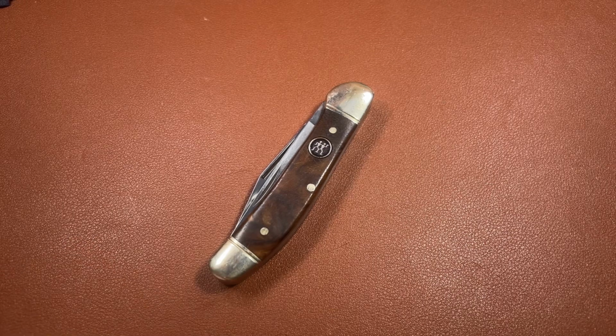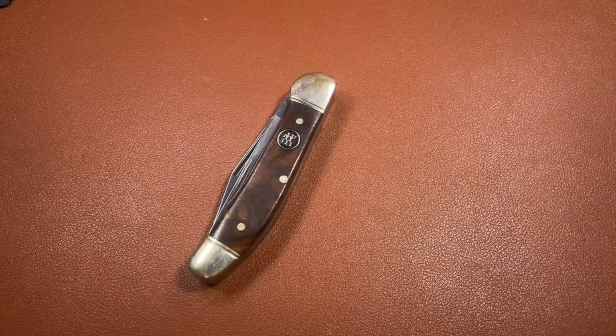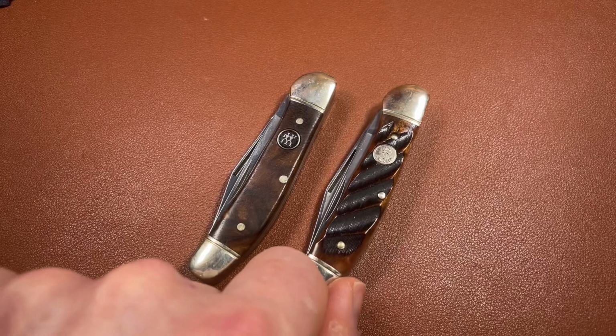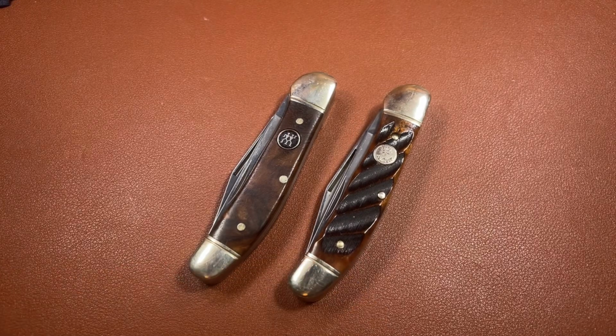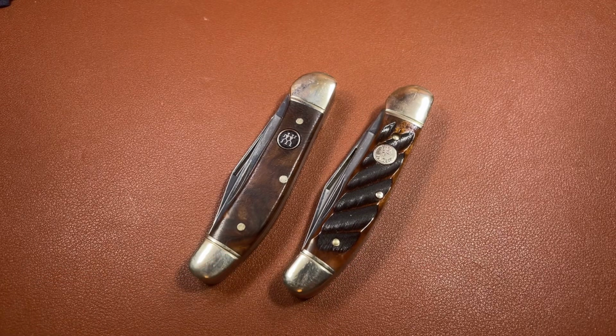Why, in this day and age, these sort of things are kept secret, God only knows, because, as you're about to find out, they can call it a secret if they want, but the truth is this was made by Böker. And how do I know that? Well, this is a copperhead, by the way. So two blades, you've got a clip blade and a sort of drop point skinner blade, hollow ground knife. This here is a Böker copperhead, and it is exactly the same in pretty much every respect, except that this one has a bone cover,